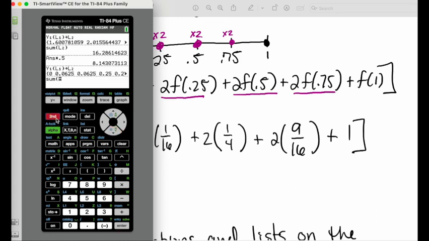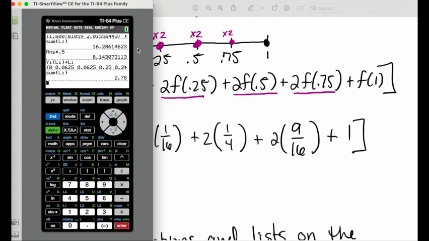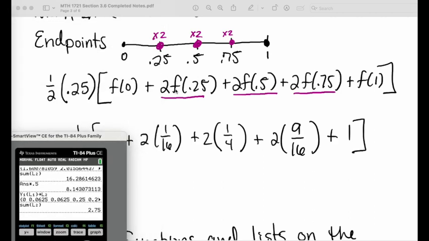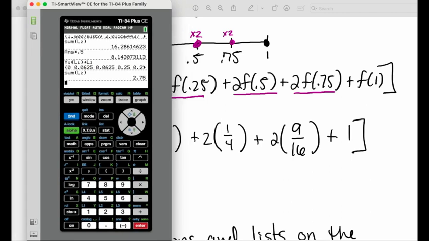I want to add up all the values that are in list 2. Then I want to multiply. So everything we've done so far is just adding up all in here. Now I want to multiply that by 1/2 and 0.25. So we want to take 2.75 and multiply it by 0.25 and 1/2, 0.5. And we get